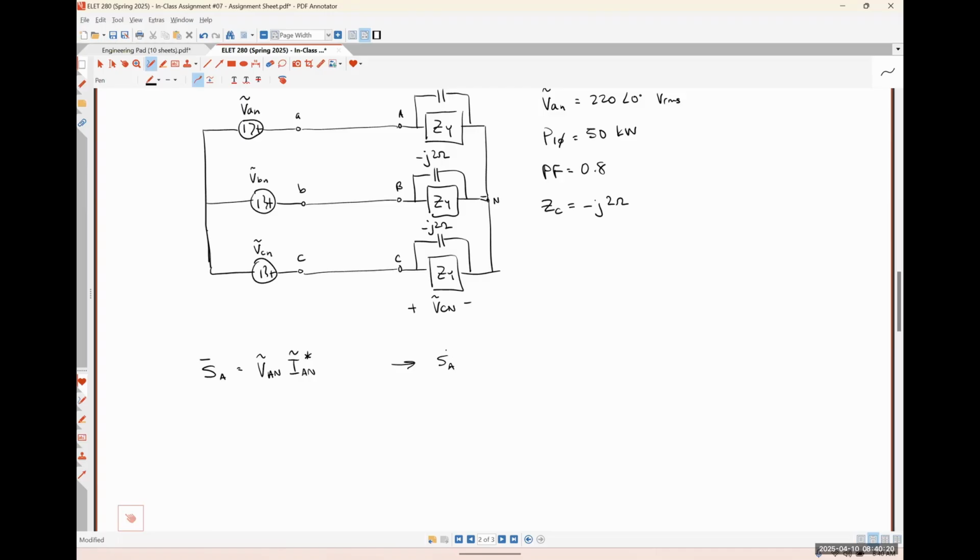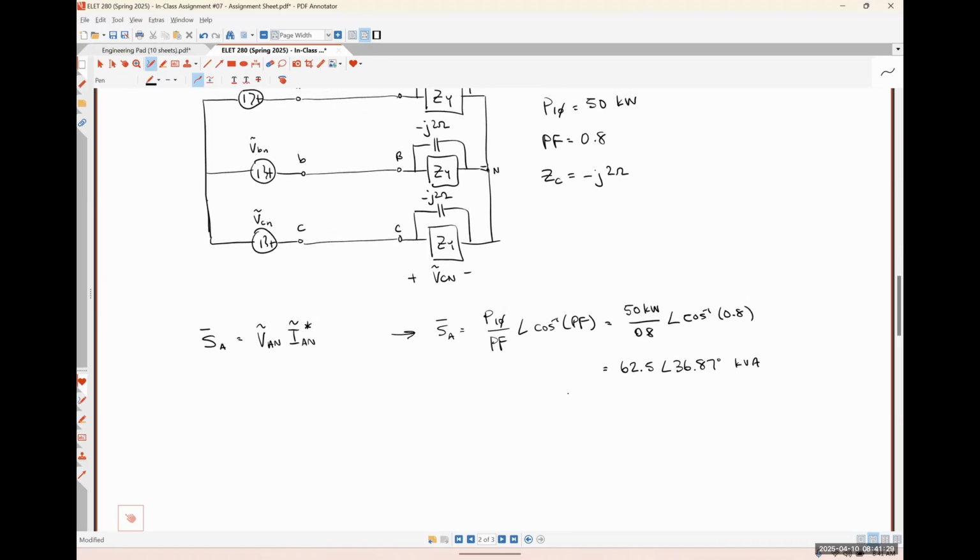Okay, so SA, we have the power factor. What else do we have? The average power per phase, right? So recall that that's going to be our single phase average power divided by our power factor with an angle of the inverse cosine of our power factor. This is literally what we did back when we had single phase circuits, right? That's going to look like 50 kilowatts divided by 0.8 with an angle of the inverse cosine of 0.8. So 50 over 0.8 angle inverse cosine of 0.8 gives me 62.5 with an angle of 36.87 degrees